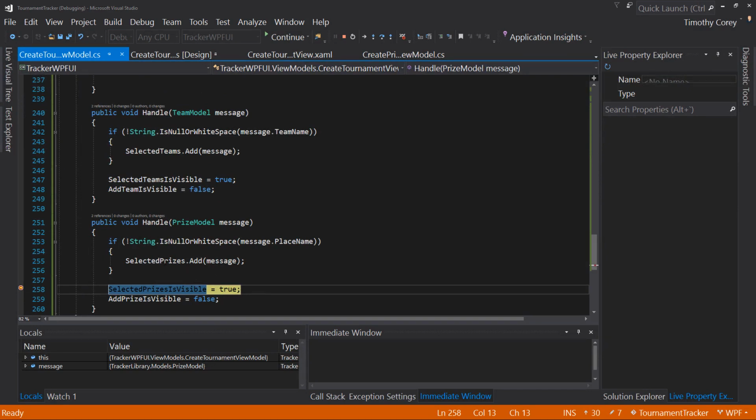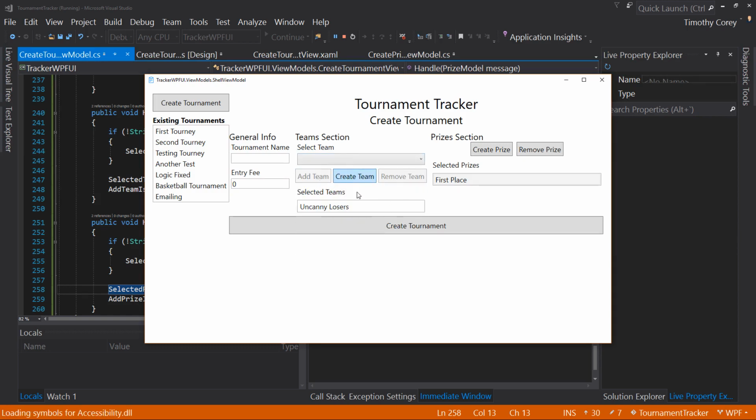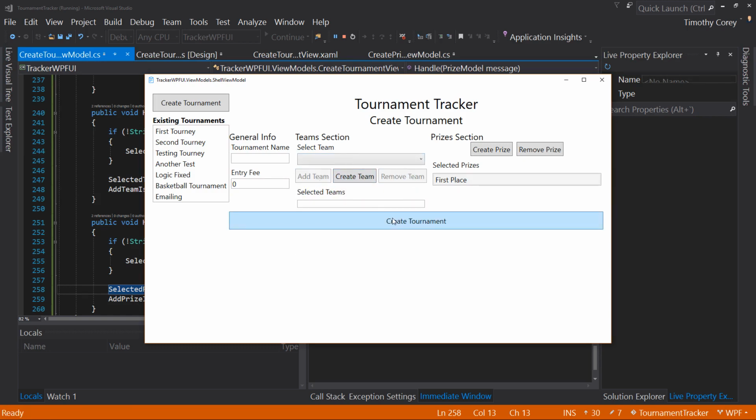So it should be that our selected prize has 1 item in the list. So we should be good. So we can keep going on this. And in fact, it does say first place. I click this and hit remove. Nothing happens, but that's okay because we haven't wired up the remove button yet. And just to make sure things are working elsewhere, every once in a while I do that just to make